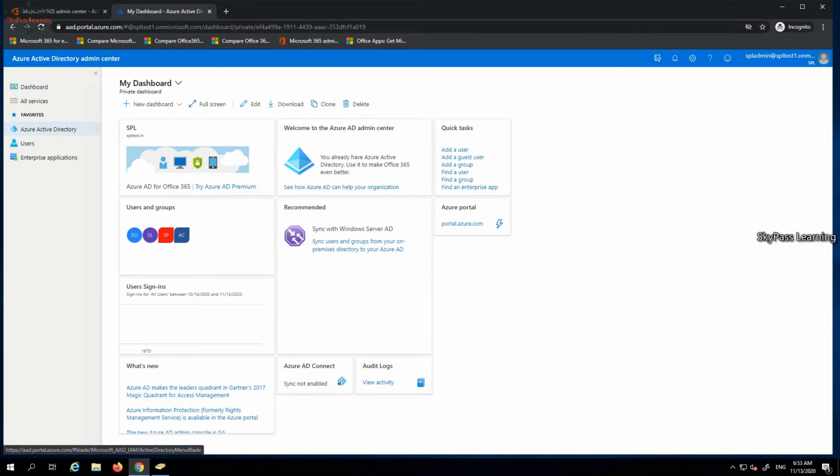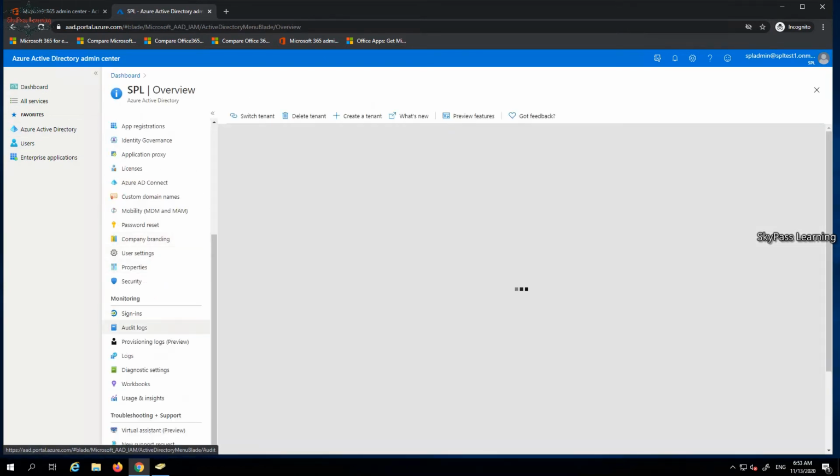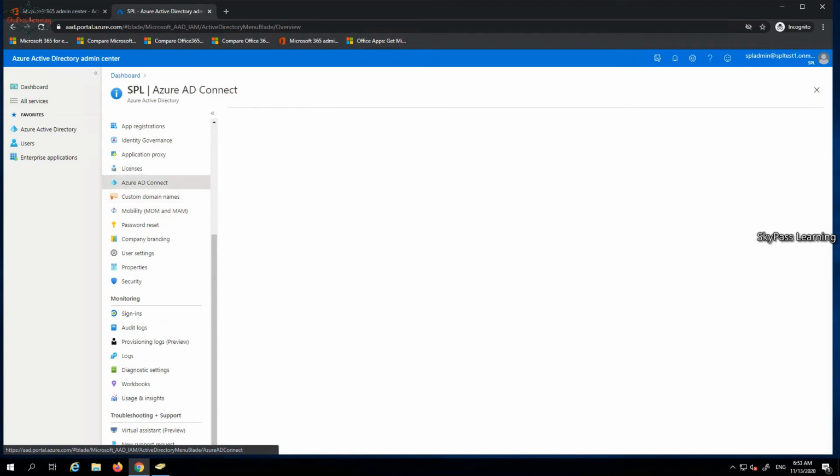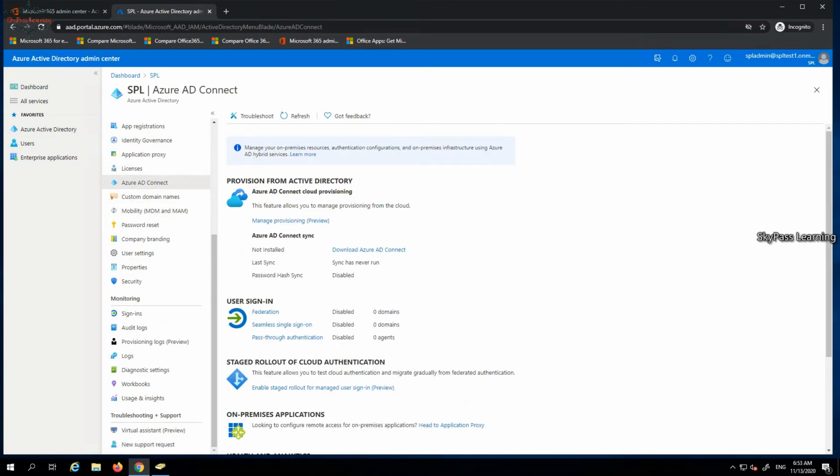You may also get this option in this list. Once you click on Azure Active Directory, you will get Azure AD Connect here. If it is not on your dashboard, you will still get this option, so that would not be an issue. You can simply click on Azure Active Directory and enable it from there.